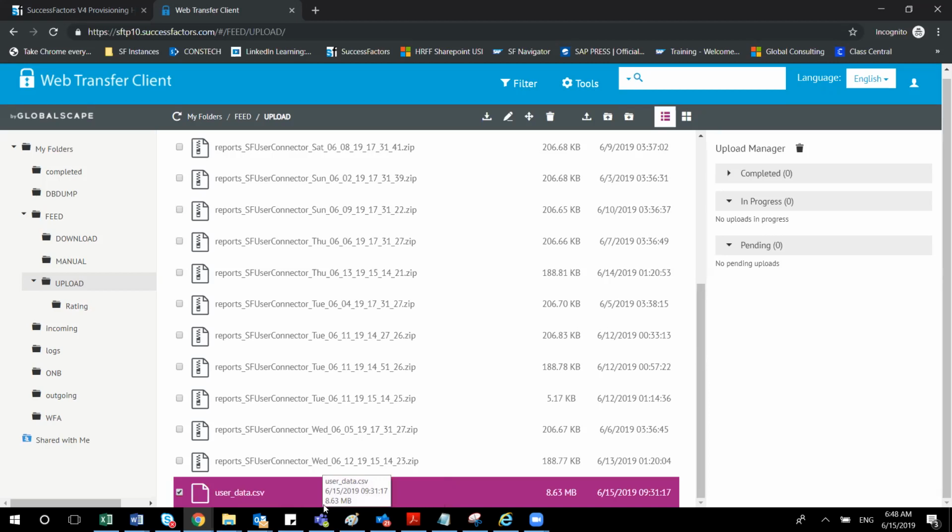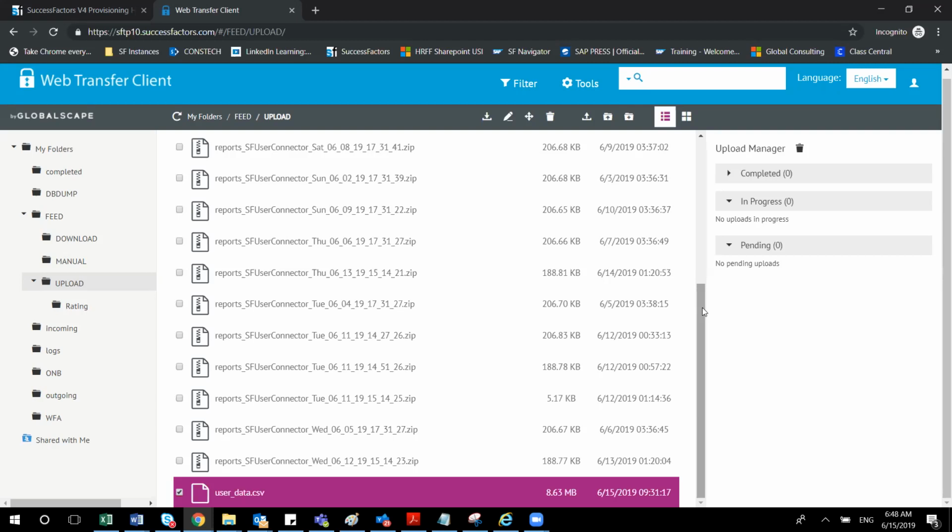That file will be consumed by the user connector. Whatever connector program you will be running, this file will be consumed by your SuccessFactors LMS, and it will update the respective data. Suppose there are 5 employees whose business unit changed because of the transfer. All those 5 records will be updated in the LMS. Suppose there are 10 employees whose supervisor changed. Those data will also be updated in the LMS. So you don't have to update it manually in the LMS. And there are 10, 20 new hires.